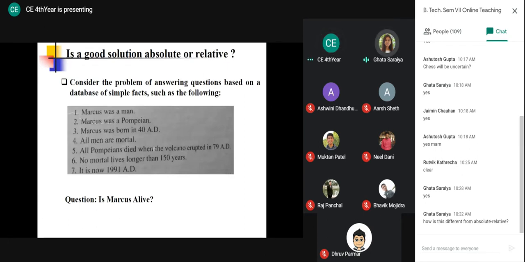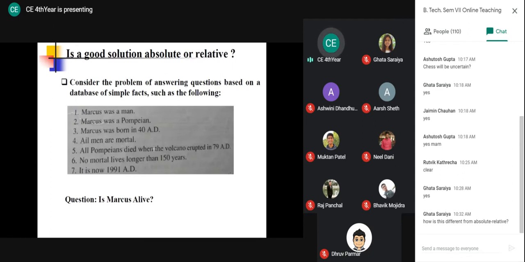In both cases, we are concerned about... See, relative means, listen, first listen. Relative means, suppose in the traveling salesman or in any type of problem, once we are getting the solution, what is my goal? My goal is I want to find the shortest path, right? So here in this, what happened? Once I am getting the solution, I'm not saying that it may be possible that another path exists.